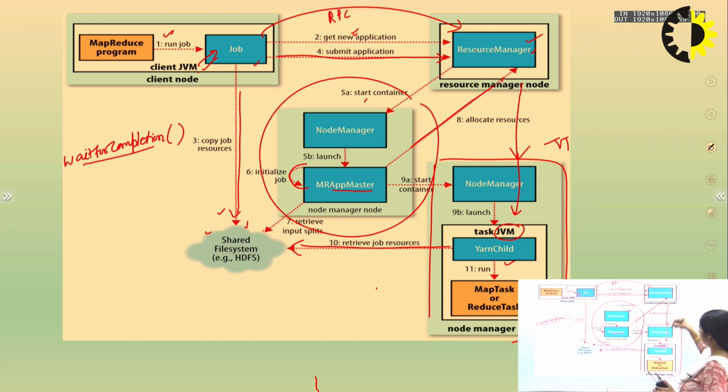Then it allocates the task to the task tracker, giving the particular block ID which the task tracker has to execute or process. Now, task tracker will retrieve the jar file from the HDFS for that particular ID and launch the JVM to execute that particular task. One more thing is there, that is heartbeat.